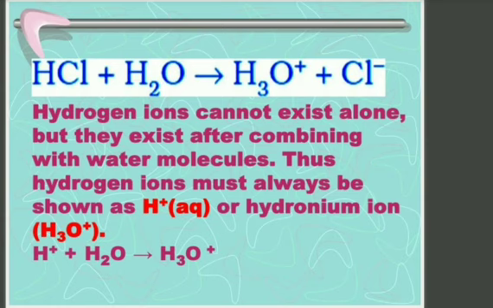Here, HCl plus H2O. It was shown what the reaction will be whenever water and HCl react with each other. Then what will happen? Hydronium ions, meaning H3O+ ions, along with Cl- ions will be formed. And we know that H3O+ hydronium ions are necessary to show any acidic property.